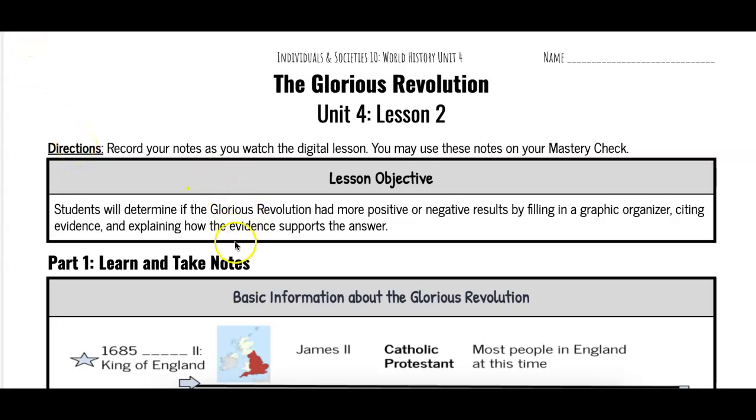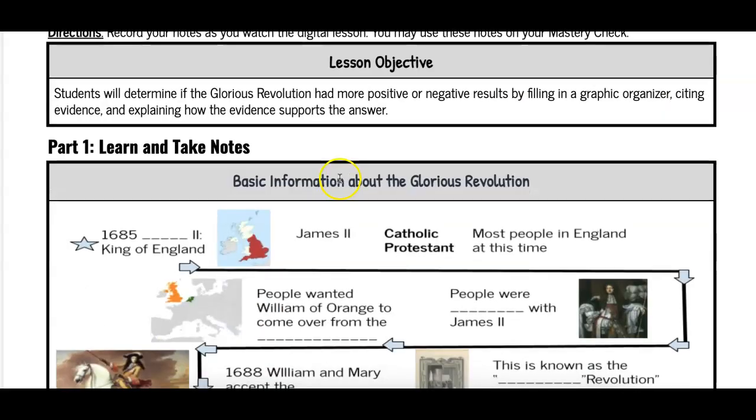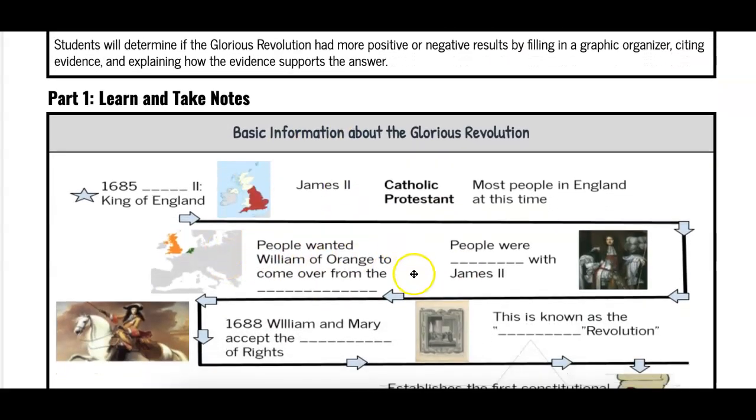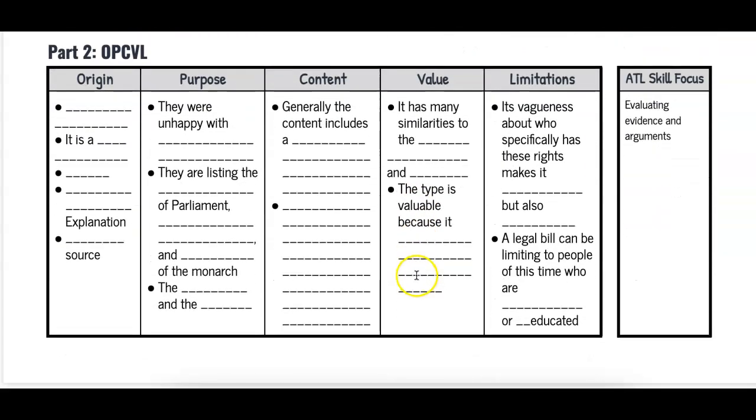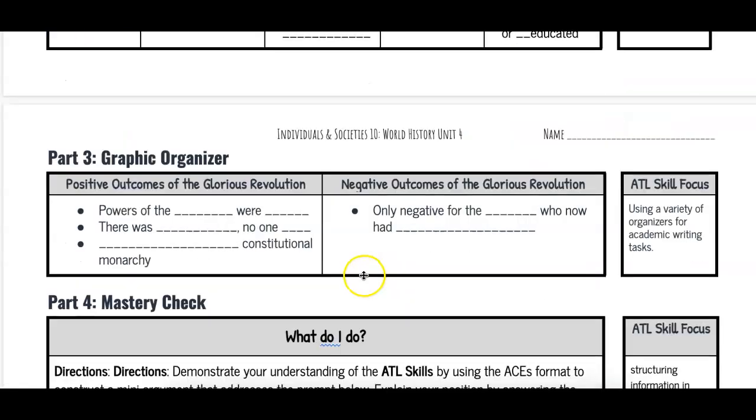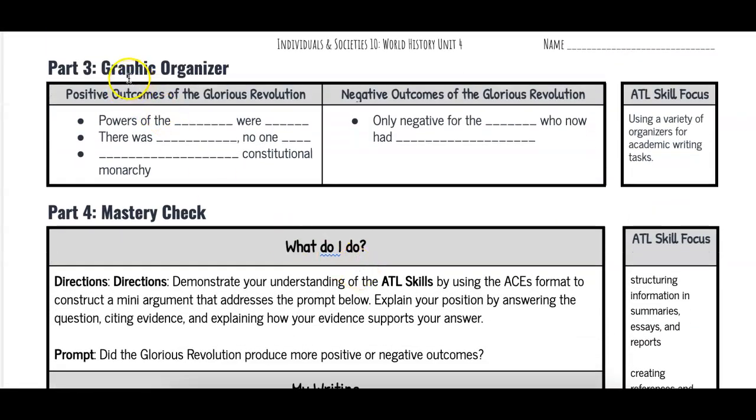In this video, we're going to go over the Graphic Organizer Part 3 section of Lesson 2. We're still focusing on the Glorious Revolution. You should have filled in this section here, learning some basic information. You should have analyzed a primary source document and evaluated it as a source. And now we're on the back of the page, starting with the Graphic Organizer, and we'll also discuss the Mastery